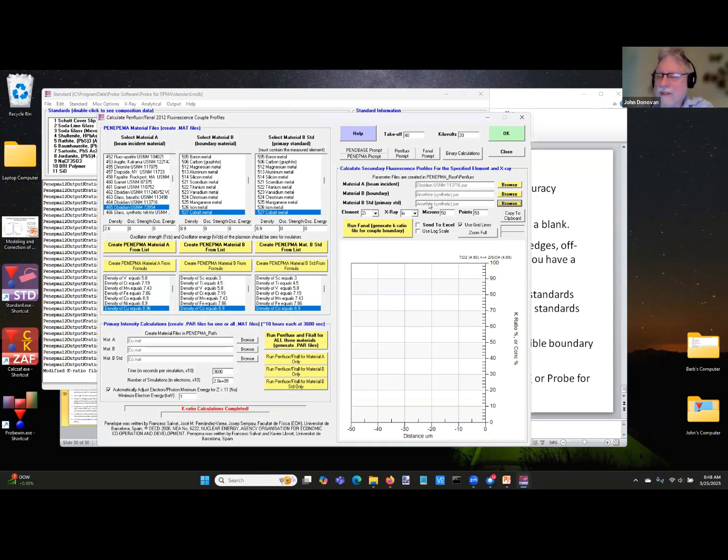Because the correction that we're doing in CalcSAF and ProFibMA is we actually adjust the K ratio during the matrix iteration based on the K ratios from the calculation. But if you're going to do the calculation in Excel, you just take the concentrations and subtract them out. You won't get a matrix correction adjustment, but at least you'll get a